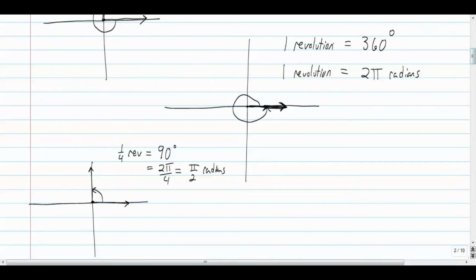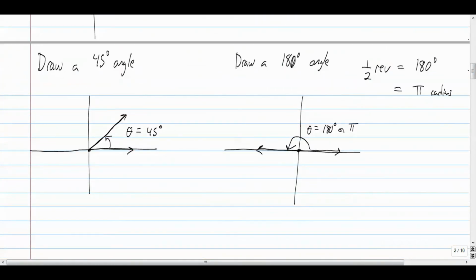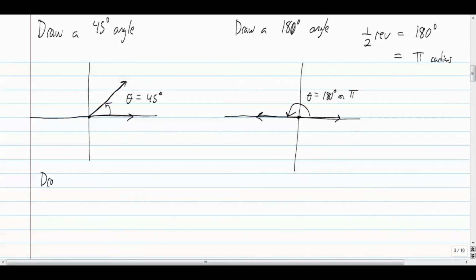So just by knowing one revolution is 360 degrees or 2 pi radians, that gives us the ability to draw a lot of different angle measures. You know, if I was to say 1/3 of a revolution, I would just divide the angle measure, the degrees, by 3. You say, what are you talking about, crazy person? If, say, I want to draw a 135 degree angle,